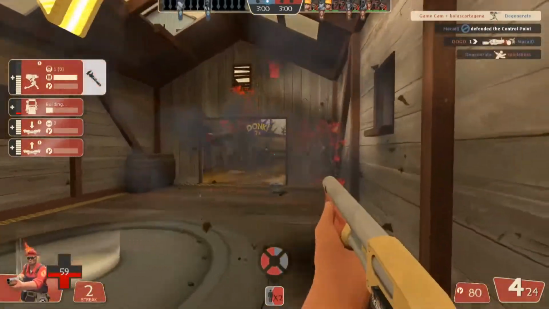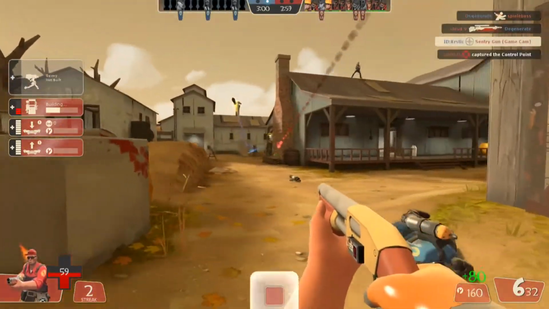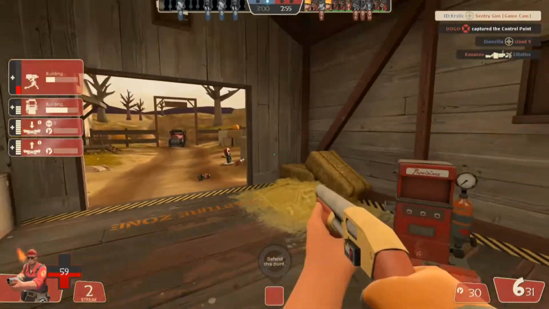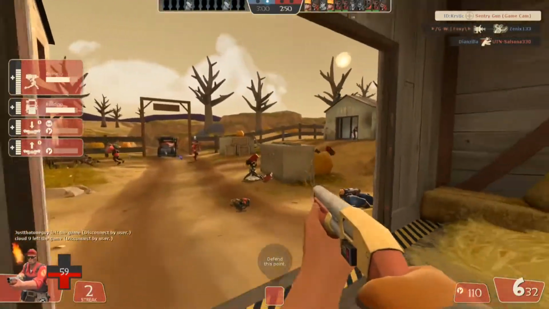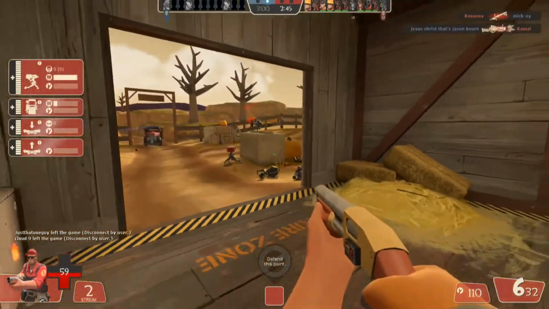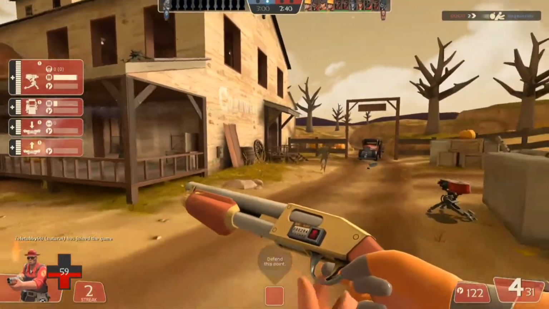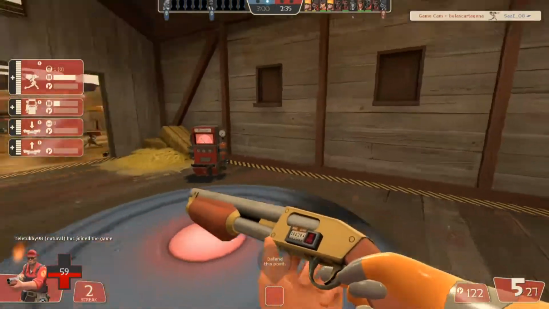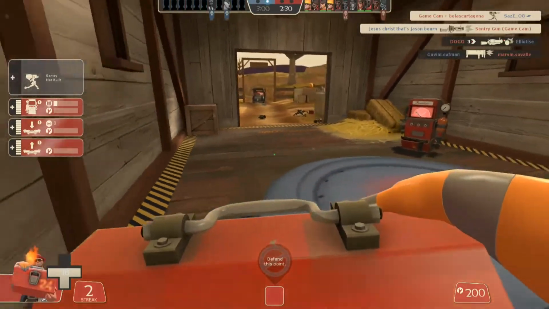So in terms of metal, the level 1 is actually more efficient than the mini sentry. But obviously the problem with the Eureka Effect is one of the nerfs it got: 20% less metal from dispensers and pickups, which is actually very noticeable, especially when you're trying to build stuff, because that means that when you get a 200 ammo kit, you're actually getting 180, which is not very good, because obviously you're then having to sit there and wait to try and get some more ammo back